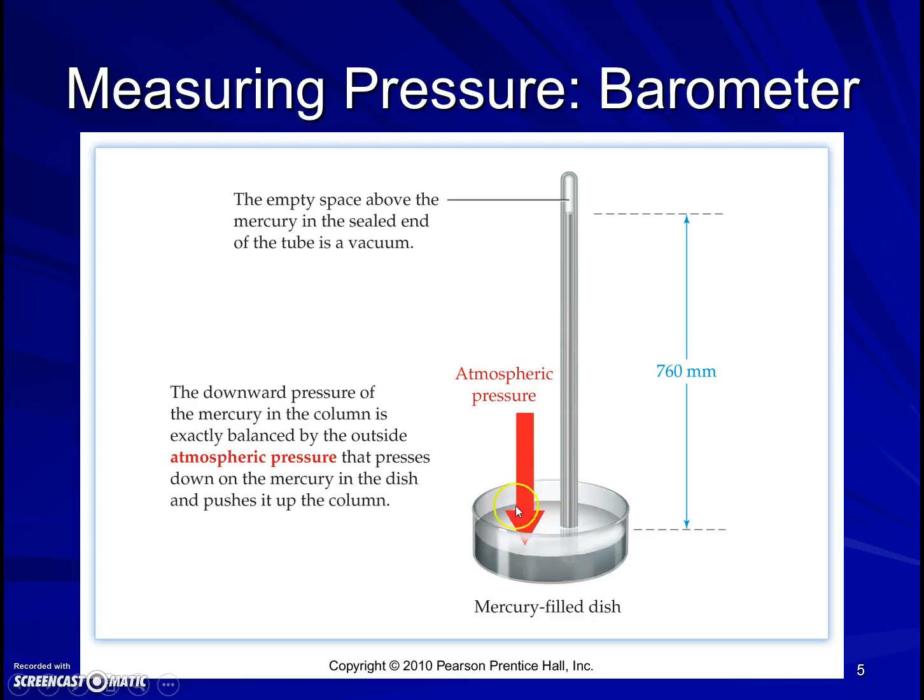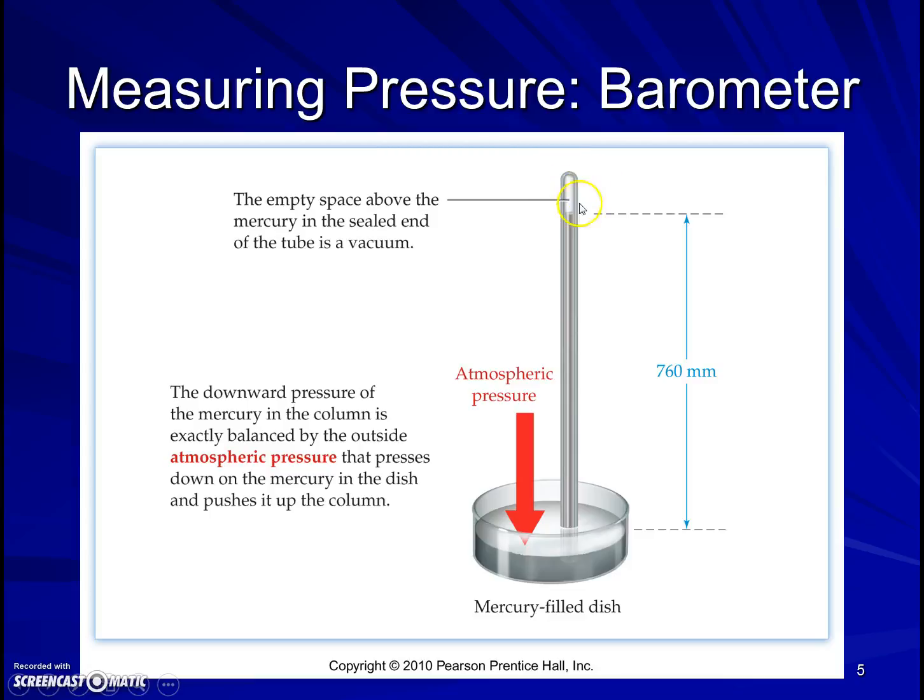It's a pool of mercury, and then we take a tube full of mercury, full all the way, and stand it up inside of that mercury bath. If we do that with a tube that's less than 30 inches tall, then the tube will stay full of mercury. You may have done this in the bathtub or in the pool when you were a kid. You take a bucket, put it under water, fill it up with water, turn the bucket over underwater, and start to lift it out. As long as the mouth of the bucket stays below the surface of the water, no air gets in, and this thing stays full all the way to the top.